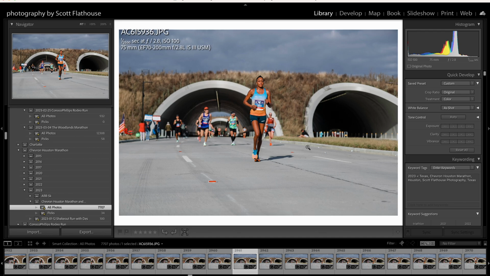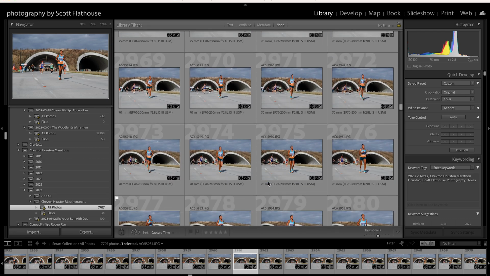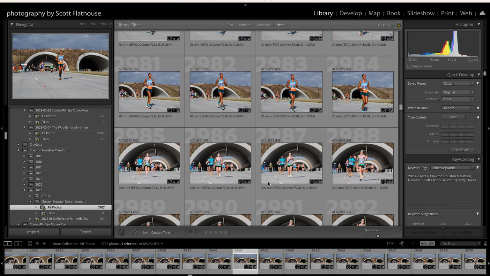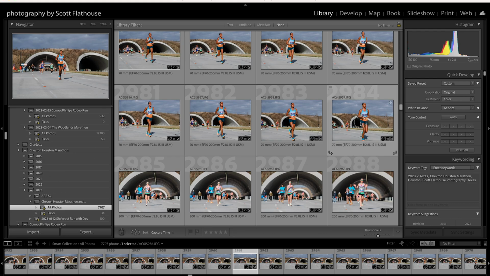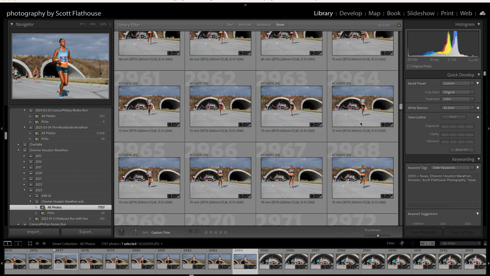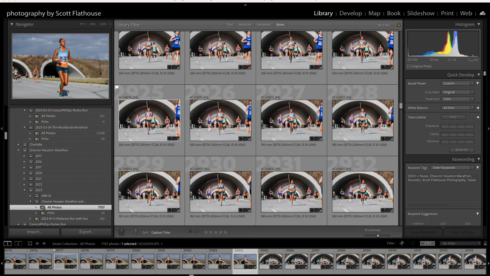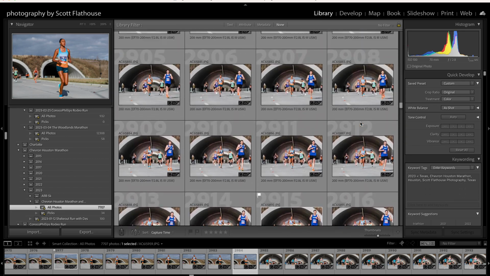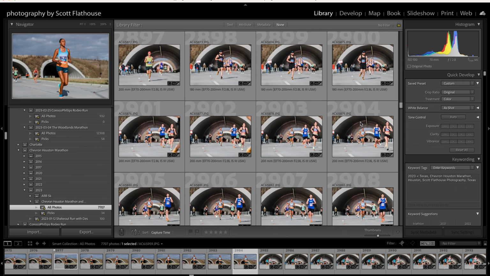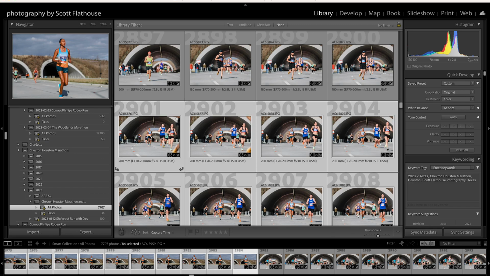All right, so to do that, what we're going to do is highlight all the frames that we want to be included in the clip. So I'm going to start here at the end and go back. Where does it start? Right about here. So I took 84 frames,